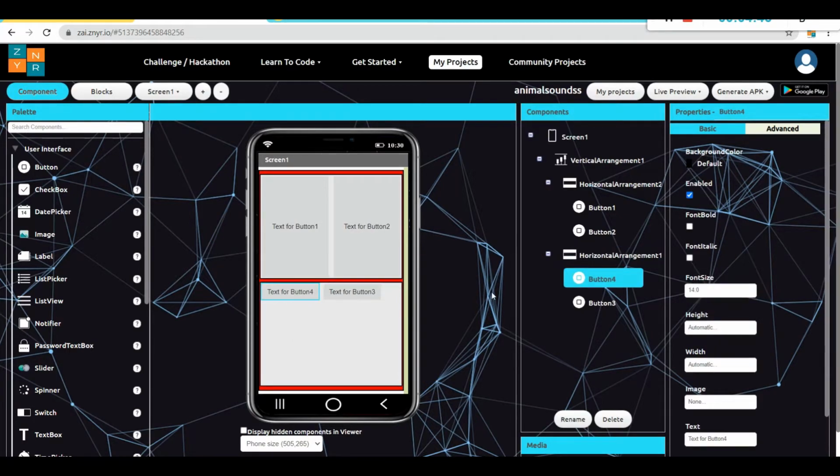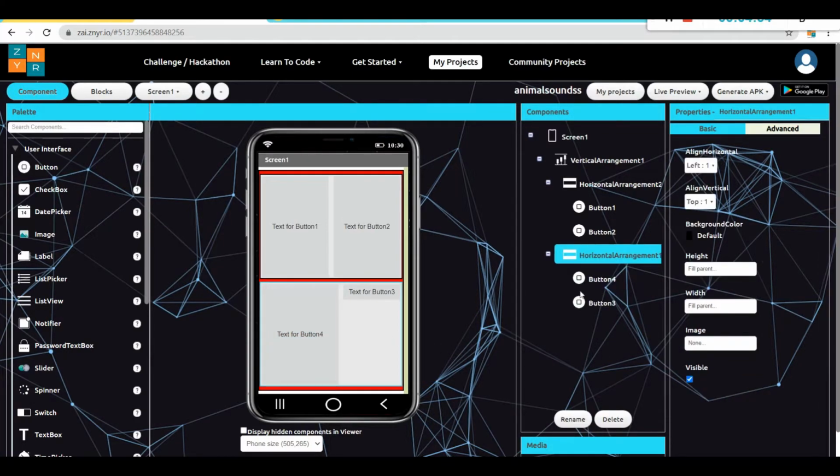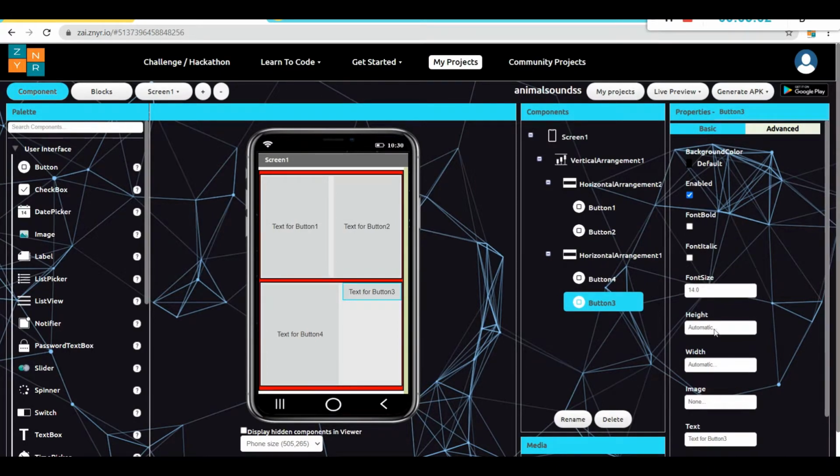Okay, the width doesn't change. One more is pending. Fill parent for height, fill parent for width. Yes, now I have inserted the 4 text buttons in this particular screen 1.